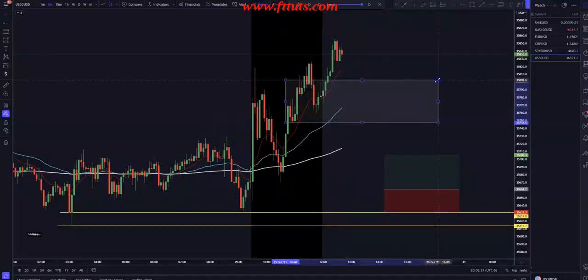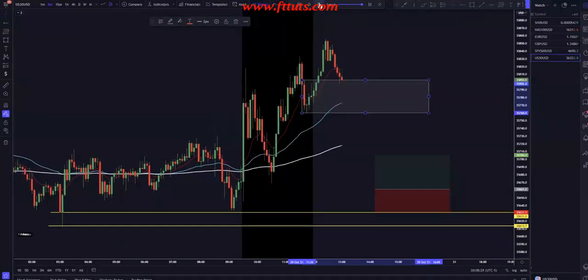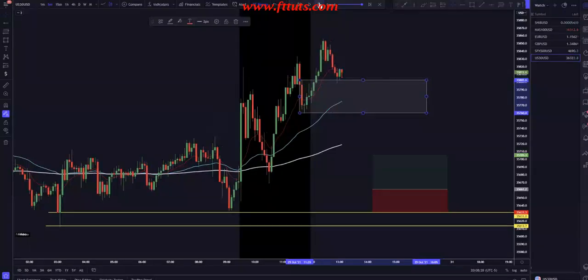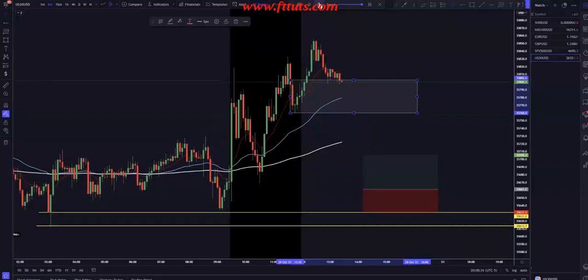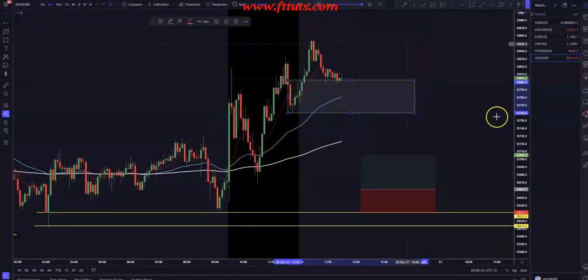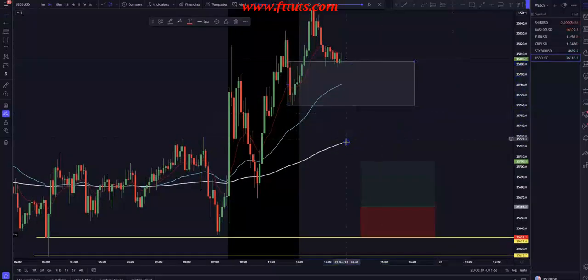See if it respects this demand area. If it comes back into it, let's see. Okay, dip back into it. Is it breaking candle highs? Okay. All right. So for this setup right here,